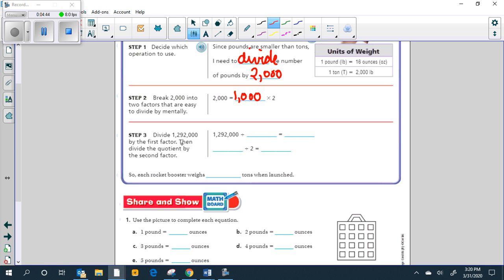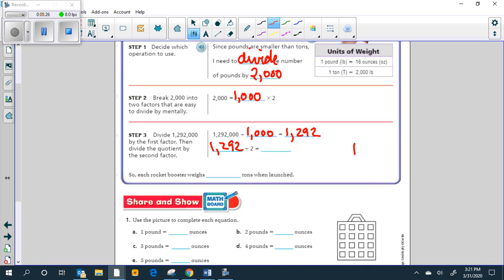Step 3, divide 1,292,000 by the first factor. So if I divide 1,292,000 divided by 1,000, this just becomes a place value problem now, that equals 1,292. And if I take that quotient, 1,292, and now divide it by 2,